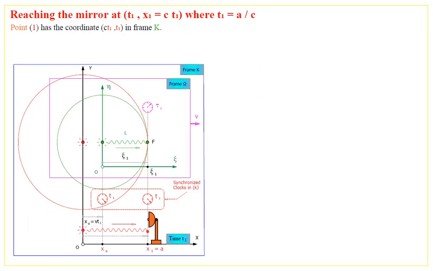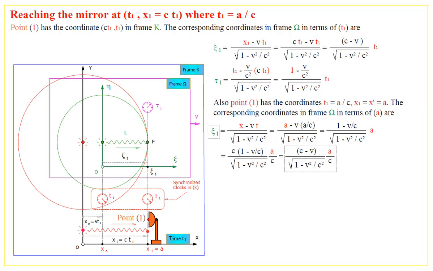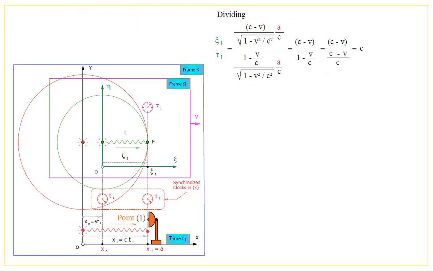Reaching the mirror at t1, x1 equals c times t1, where t1 equals a over c. Point 1 has the coordinates c times t1, t1 in frame k. The corresponding coordinates in frame omega in terms of t1. Also point 1 has the coordinates t1 equals a over c, x1 equals x prime equals a. The corresponding coordinates in frame omega in terms of a are. Dividing. Hence,